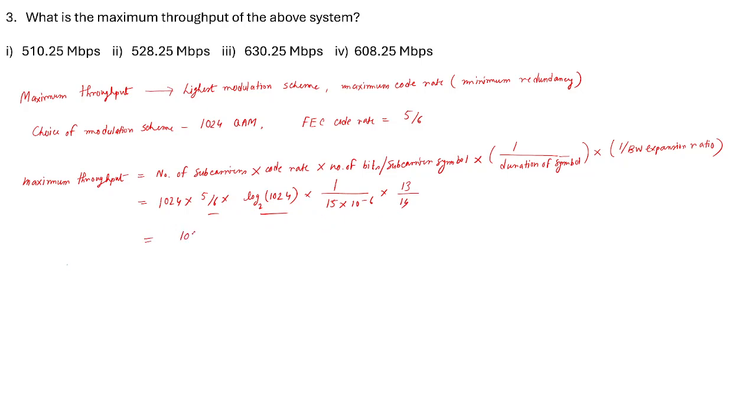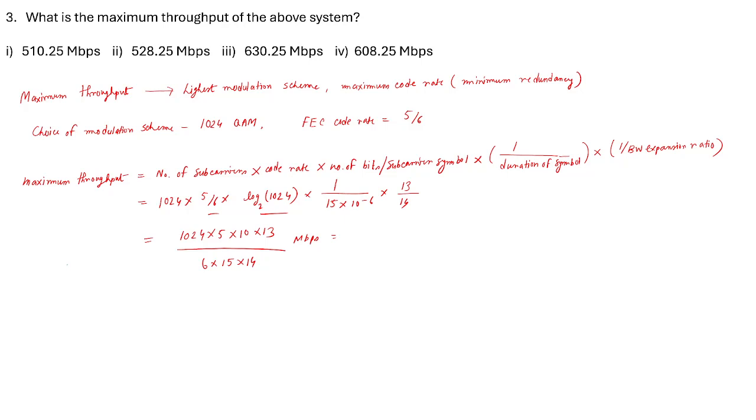The rest of the terms remain the same, so it's like this. Log base 2 of 1024 comes out to be 10, times 13 divided by 6 times 15 times 14 Mbps. Similarly, I have absorbed the 10 to the power 6 into the calculation, and it comes out to be, let me check once,